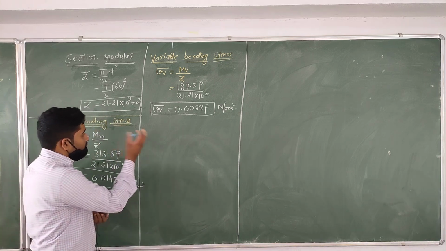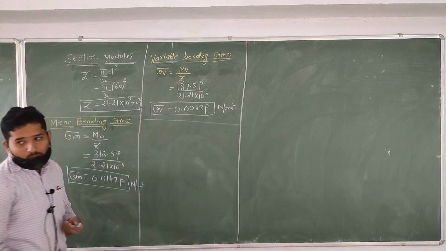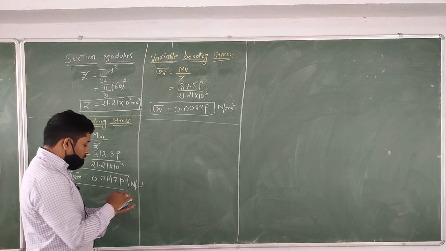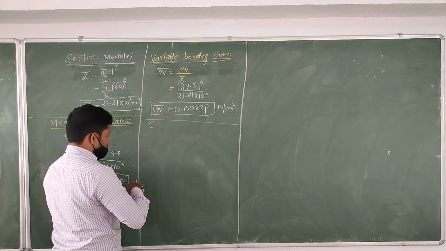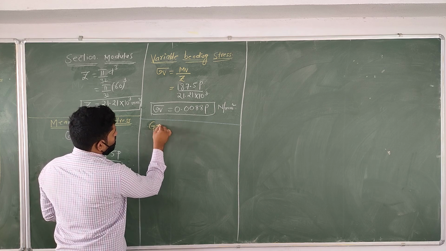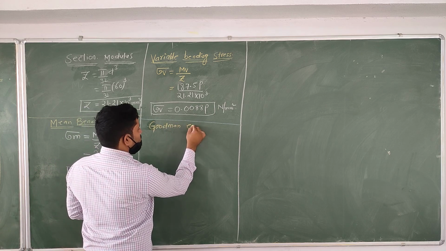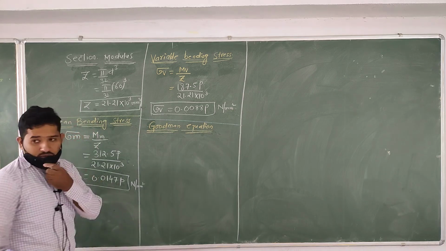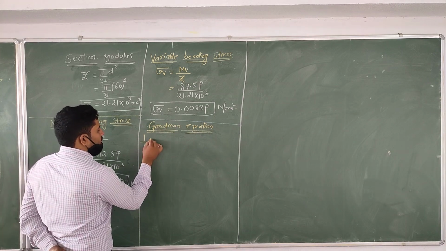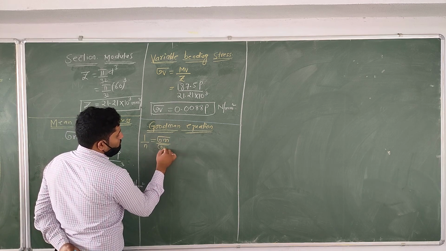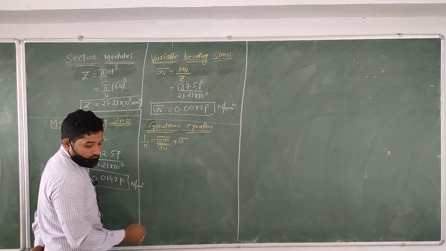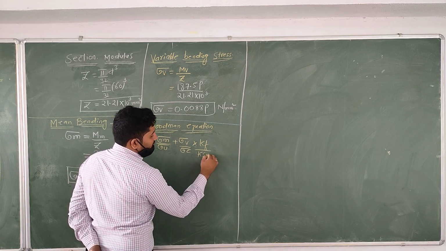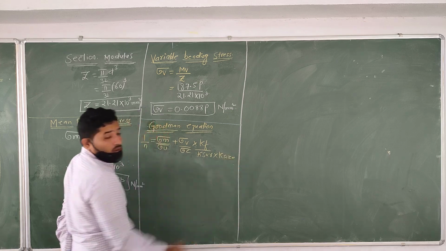Okay dear, I am using the Goodman equation to find out the value of P. So we know very well the formula: 1 by n equal to sigma m by sigma u plus sigma v by sigma e into Kf by K surface finishing factor into K size factor. Okay dear, then